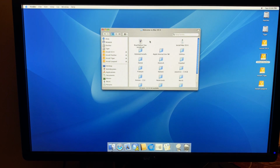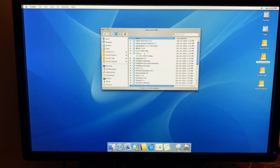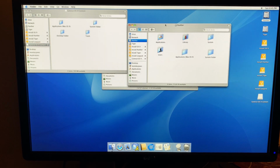Going back into this, you may recall that in one of the last clips, I was a little surprised at seeing Classic. So I went down and checked to see if, gosh, you have to install Classic? Well, no. If you click on it, you open a DMG. We'll skip the verification. You've already done this. And in that DMG is a complete, though bare bones, OS 9. It's general OS 9 content, which you can then copy over. Now, desktop folder and trash are hidden when you do that, but you can just copy them over. And yes, in fact,